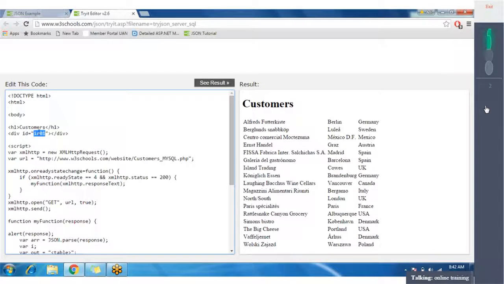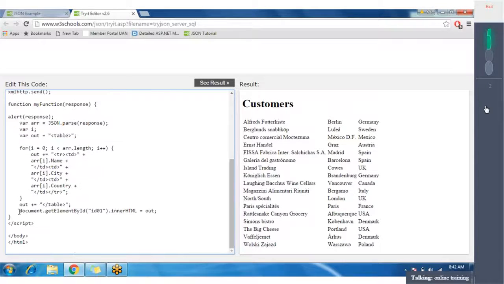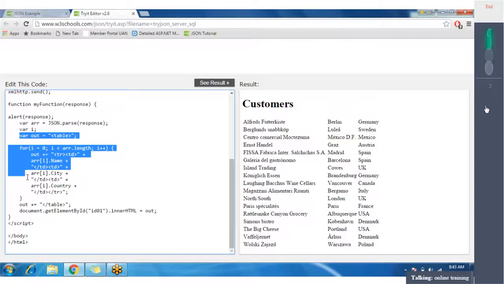So once we have the table and TRs in a string format, we can add those inside this div. Here you can see that we are getting that div with the help of document.getElementById, using the ID of that div, and we are setting the innerHTML of that div to the table string format. Something like that. So this is pure JavaScript, no jQuery here.